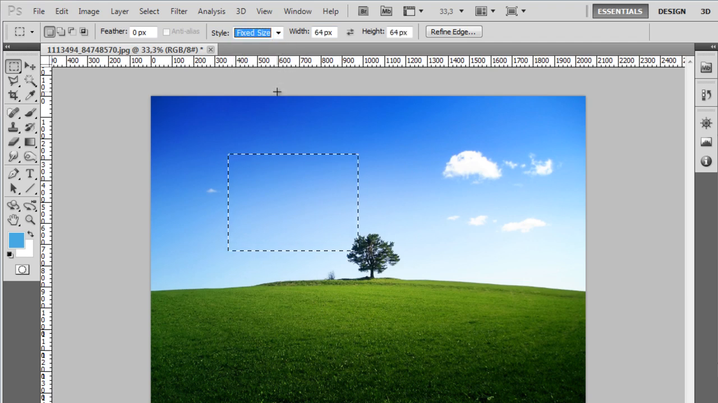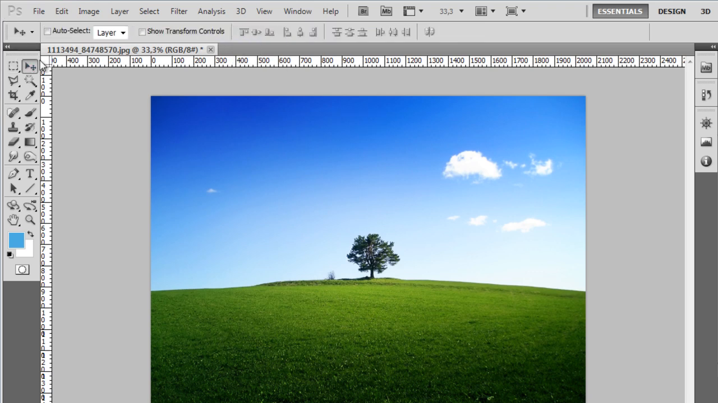If you change it to fixed size, you can type a size here in pixels, for example, or in inches, like for example 200 pixels by 100, and when you click you get that dimension, the selection with the exact same dimensions that you have here. So that's pretty much it with the selections. Let's move on to the move tool,